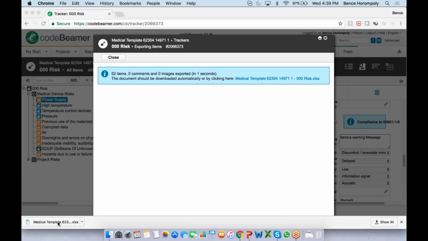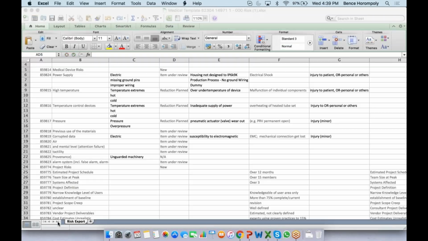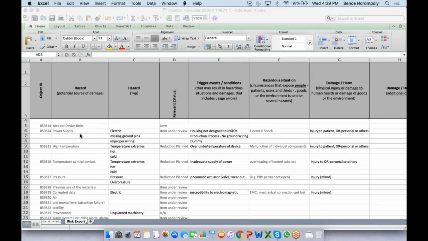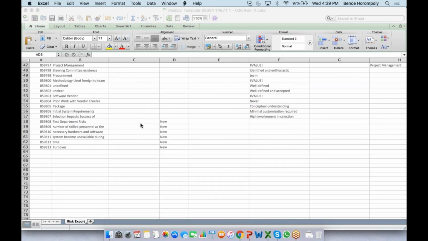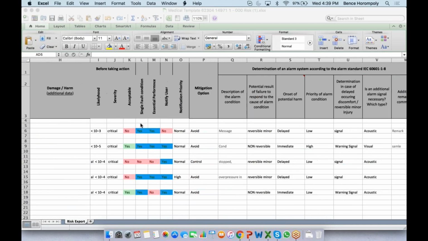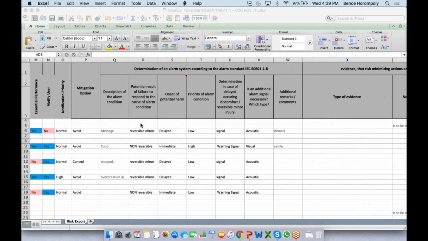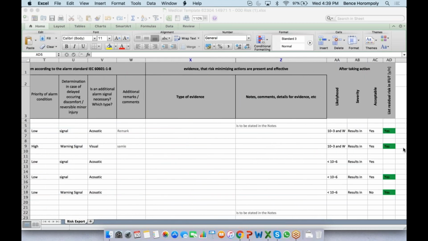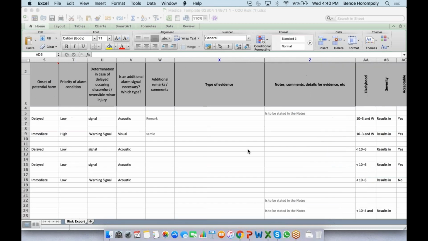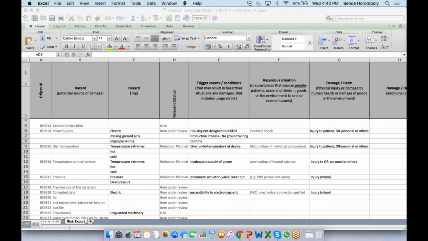So if I open this up, now this is for the medical industry, so you probably do not need this level of complexity, but it basically includes anything that you might need. So now I have an Excel export of all of the risks that I have here in this template. So this is literally all of the information that is coming from the risks in the system. So this is just using a template.